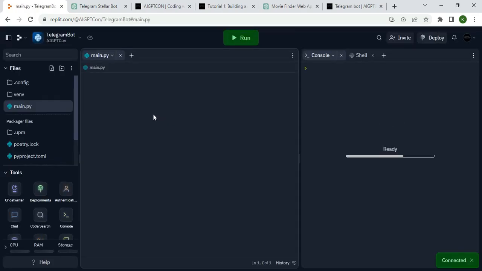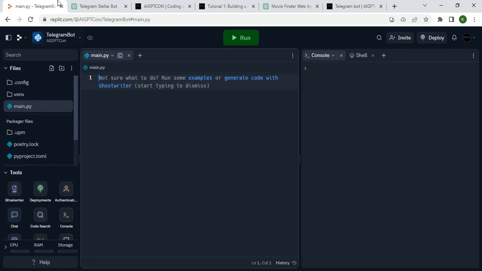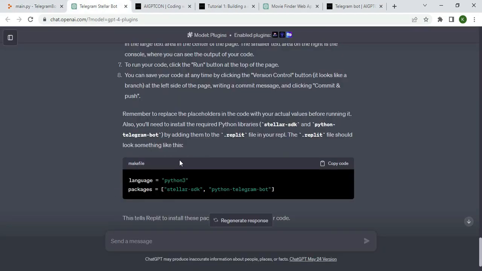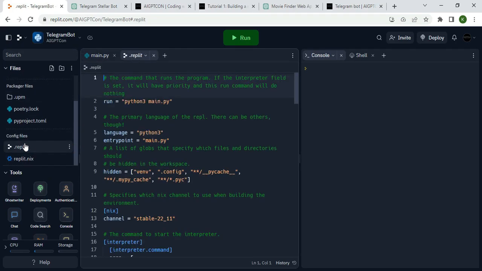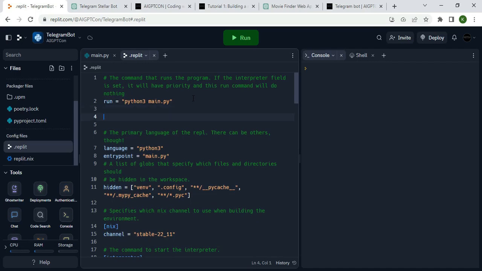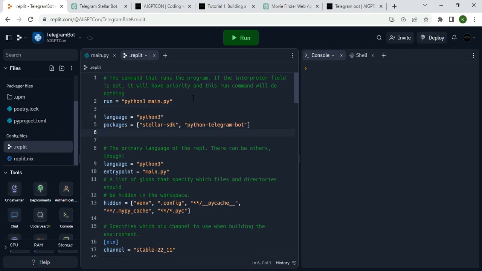All right, just give it a minute to load. Okay, and let's follow the instructions ChatGPT has given us. So we need these packages, right? It's telling us we need to add these to the .replit file in your REPL. So I'm just gonna copy this. I'm gonna go back and locate the .replit file. Okay, right here. So I think what I'm gonna do is add a new line here. I'm just gonna Control V, I'm just gonna paste